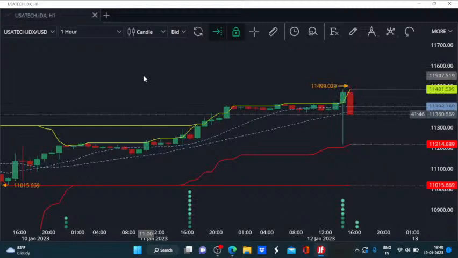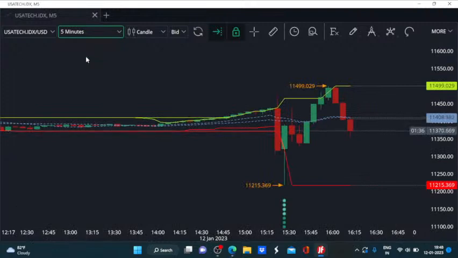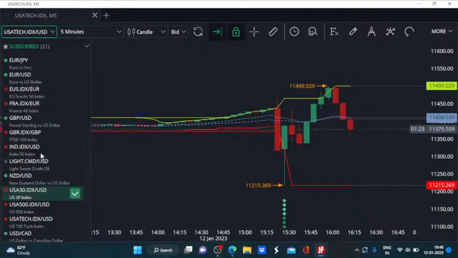And as the US session is going to get underway, we will see higher volatility for the next couple of minutes after the start of the session. So that is also going to give us a good idea of what to expect in the latter hours of the US session. So that's my assessment at the moment, looking at this current price development. And before we wrap up, let's take a customary glance at the European equity indices.